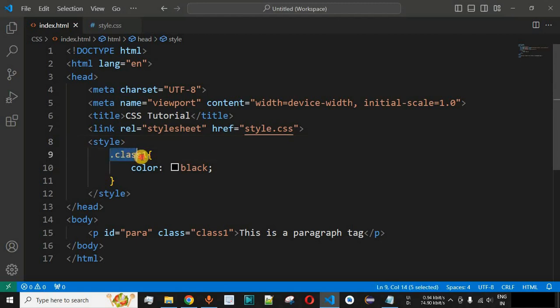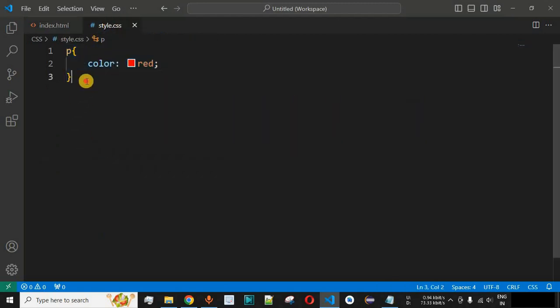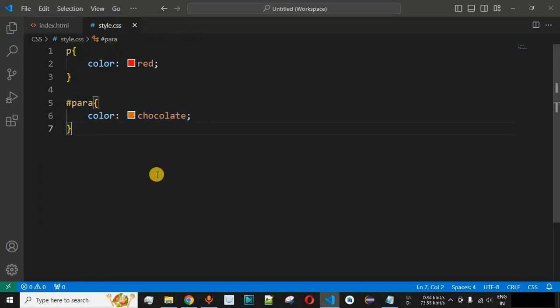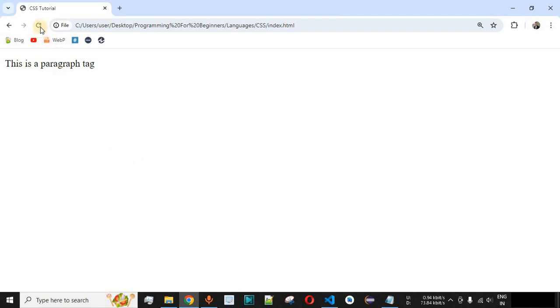So as you can see, the text color is now getting displayed with the black color by using the CSS selector. Now guys, inside the external style sheet, we will provide the ID selector with the color chocolate. Let us see whether this particular ID selector will be given the priority or the class selector inside the internal styling. Let me save this file now and try reloading this page once again on the browser.